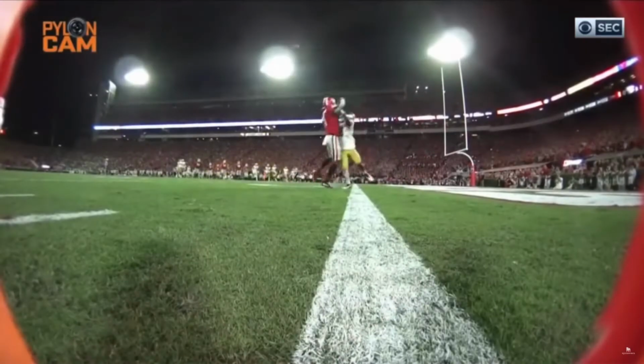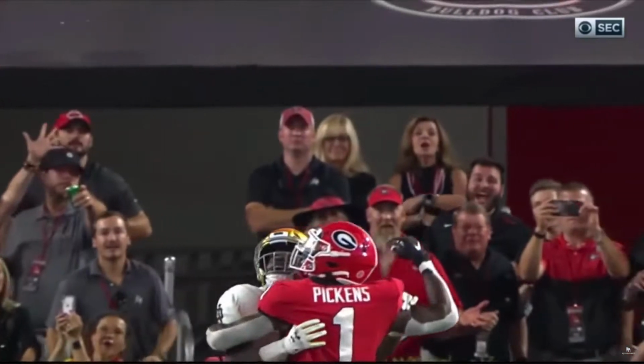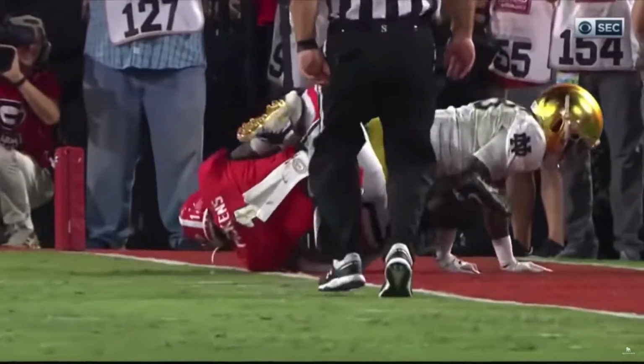I think that's a good call. That's fighting for a 50-50 ball. Yep. He had a little bit of jersey right there. He had some jersey. It's hard to use your vertical when a guy's got his...